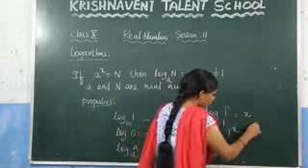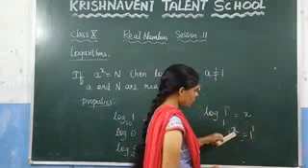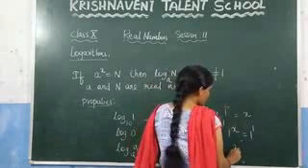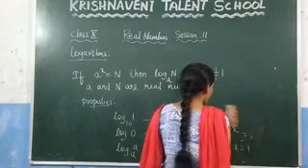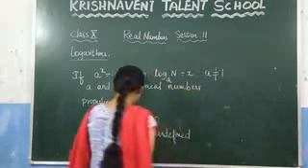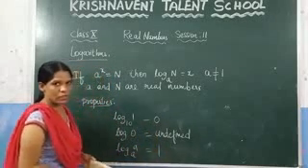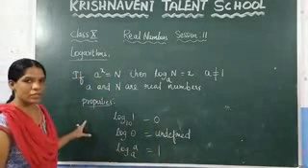If you take the value 1, you know that 1 power x is equal to 1 power 1, which is nothing but 1. So you can see that the x value is 1. So from this what we can conclude here: log a to the base a, that value is always equal to 1. This is about the properties of the logarithms.